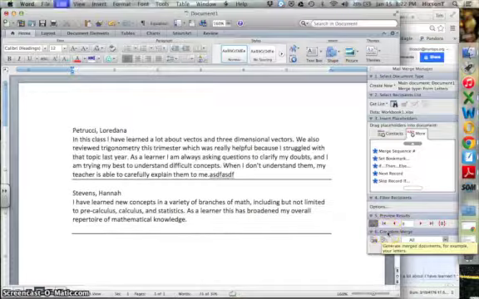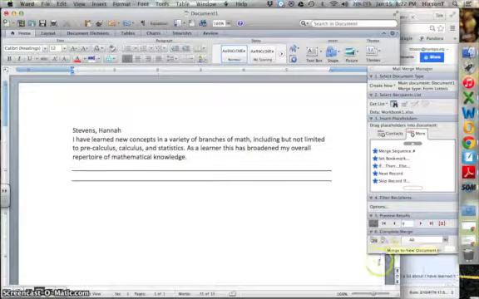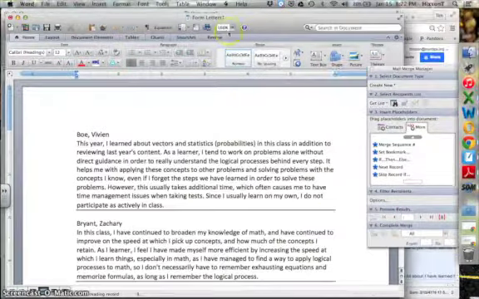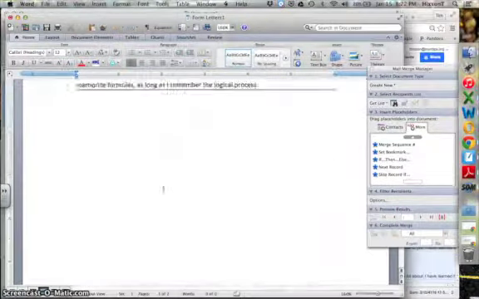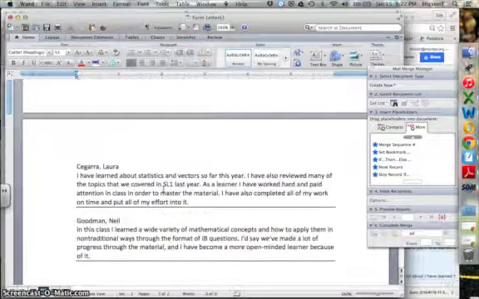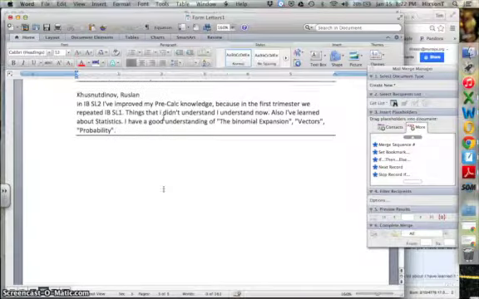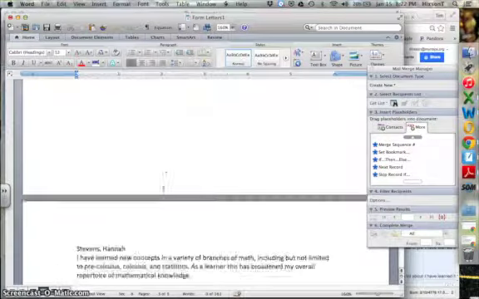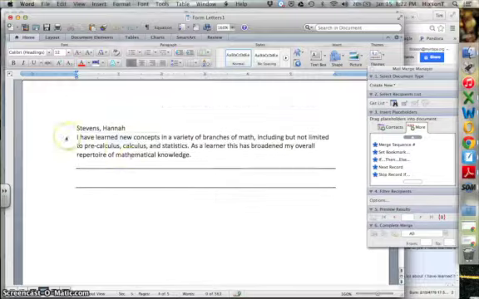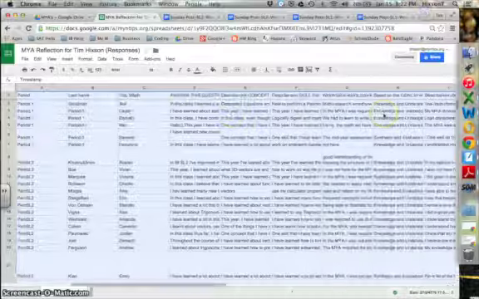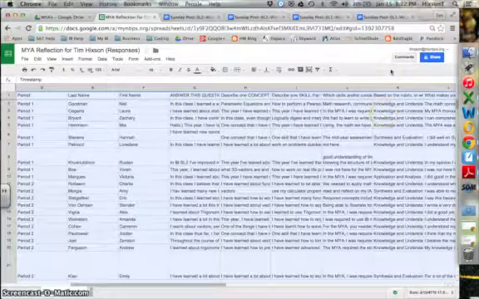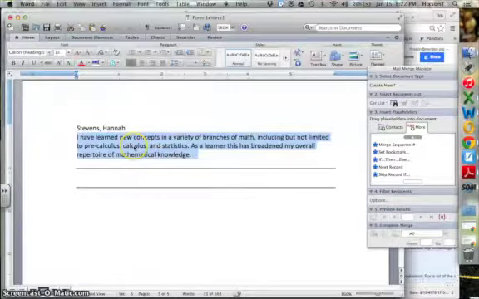So I'll remove that. Now I'll hit merge to a new document, and it says form letters. Here it is. I have 2 on each sheet. I could have probably put 3 or 4 on each sheet, but now it's very easy to just copy and paste. It's easy for me to read, a lot easier than it was in this spreadsheet, but it's also easy to copy and paste from here right to